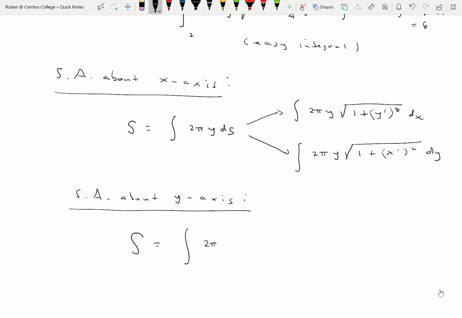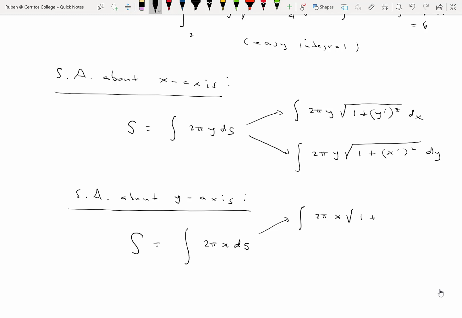It now becomes 2 pi x ds. It becomes 2 pi x ds. So the formulas, if you want to see them all written out, 2 pi x,